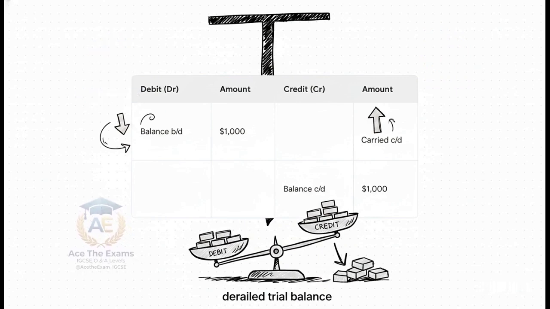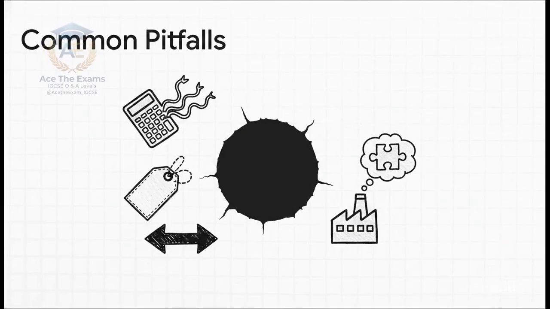Think of the T account like a highly sensitive balancing scale. You must master the art of clearly separating the balance brought down on one side from the balance carried down on the other. Misplace a single entry and you create a directional error that throws the whole scale off, completely derailing your trial balance. Speaking of derailment, let me flag exactly where I see students bleed points during this technical